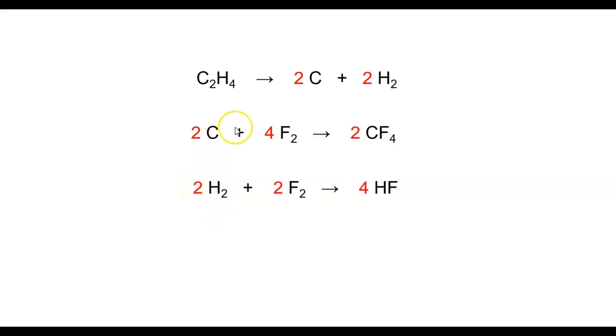Now when I add those up, carbon cancels carbon, hydrogen cancels hydrogen. I get C2H4 plus 6F2 gives C2F4 plus 4HF. And if you go through and look at this, you will see that that is a balanced equation and everything cancels out. So that's giving you some guidance as to what you're going to need to do on the pre-lab